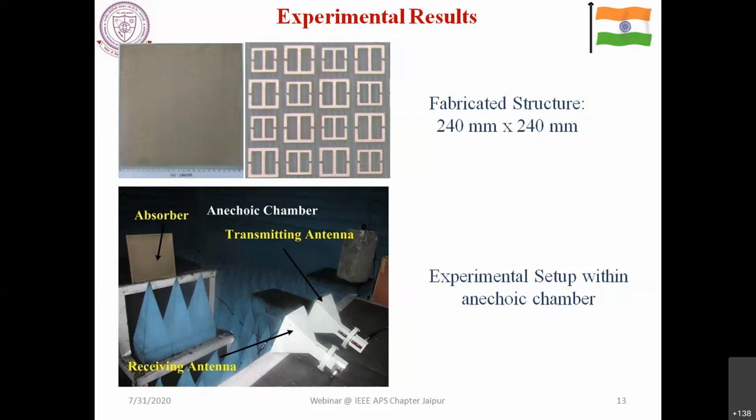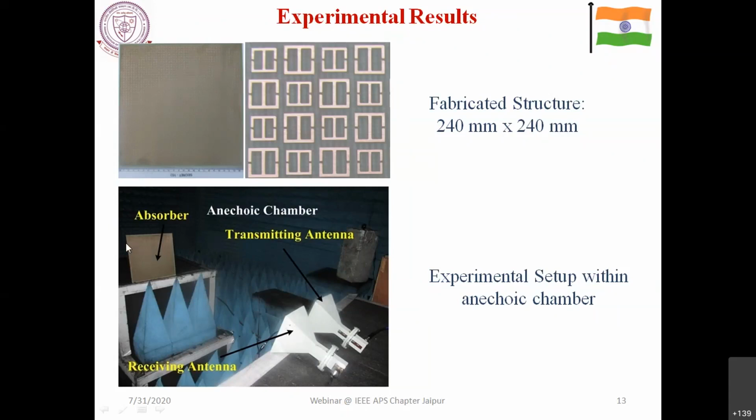Well, we have done 240 mm by 240 mm. If you can go with 500 mm by 500 mm, go for it. Or even if you go with 1 meter by 1 meter, go for it. The bigger you take, the better the chance of reducing any kind of side edge diffraction or scattering, right? So what you should do is take two identical horn antennas. Okay? One acts as a transmitting antenna, while the other is a receiving antenna.